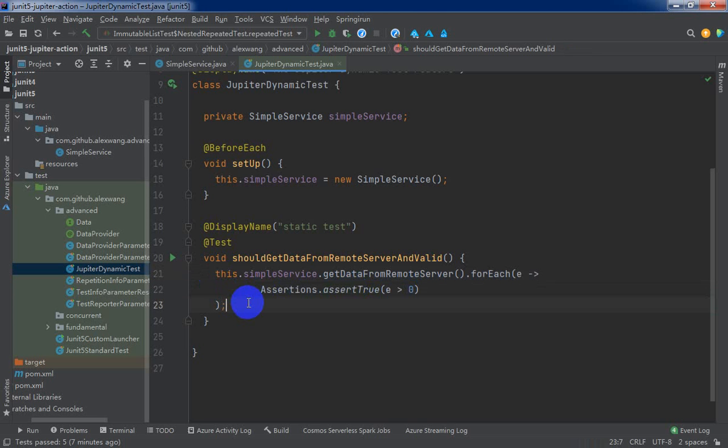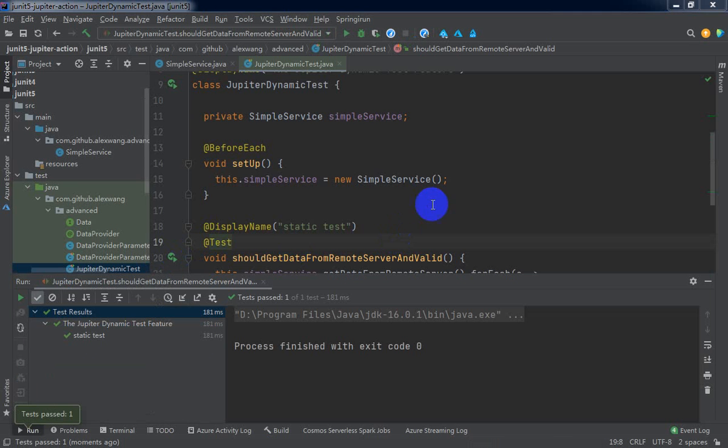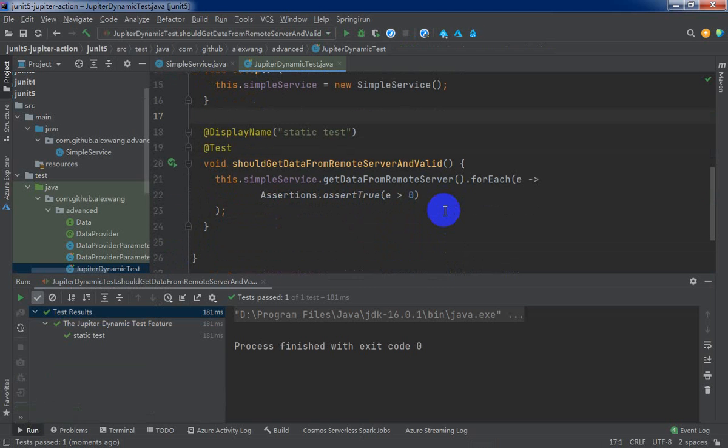That's fine. Let's execute this test method first. Okay, as you can see, this approach is fine. We only have one test case, right? Our assertion statement is dynamic, but the test case is not dynamic. If you want every element to generate one test case during runtime,